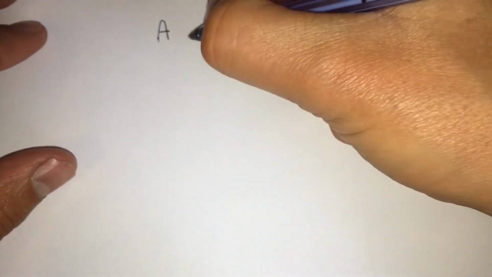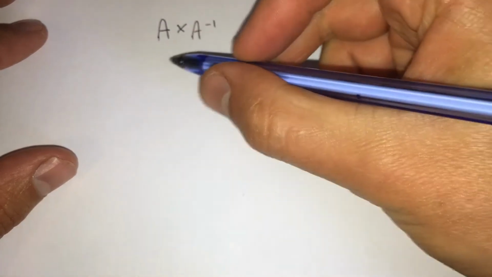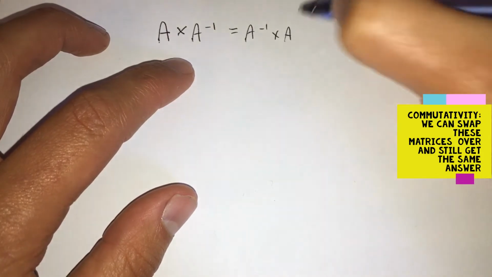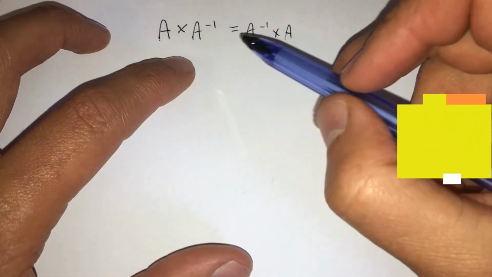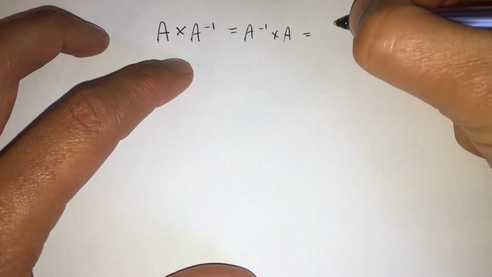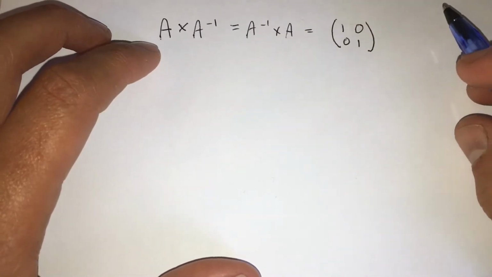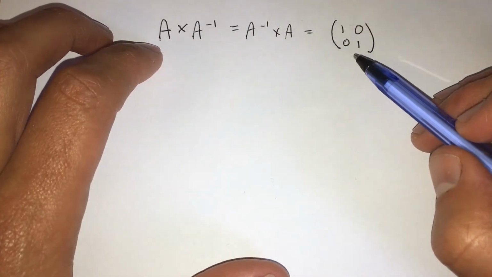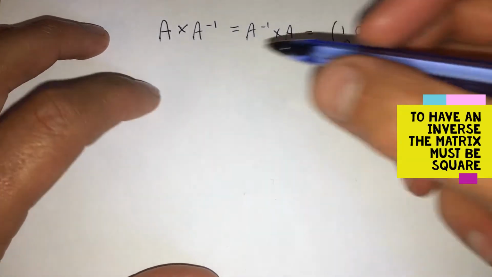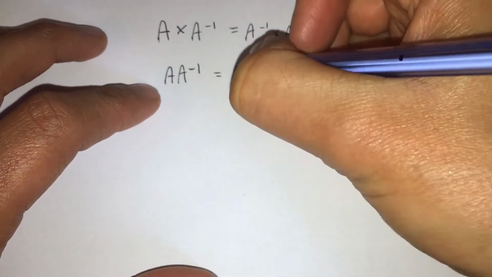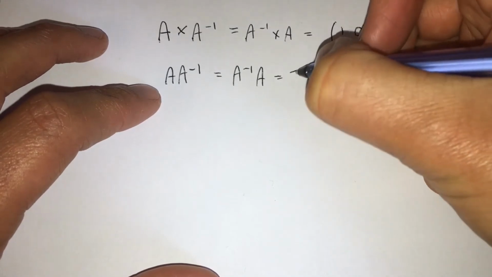The inverse of matrix A, written as A to the minus 1, is such that the product of these two matrices is commutative, as in the order of the multiplication will get us the same result, and when we multiply them we get an identity matrix. Here, if A is a 2 by 2 matrix, then we end up with a 2 by 2 identity matrix. Sometimes this is written as A by the inverse matrix equals the inverse matrix by A, which equals capital I